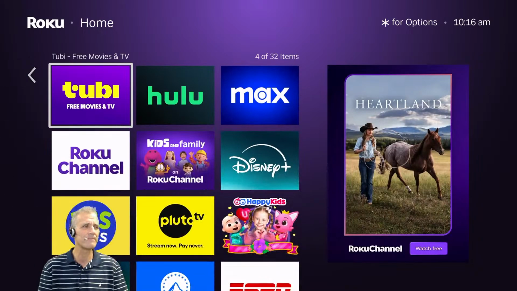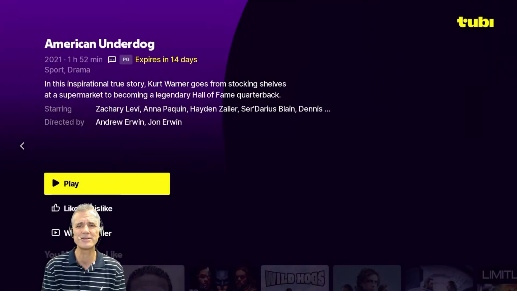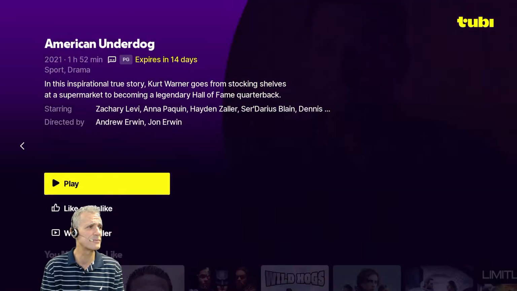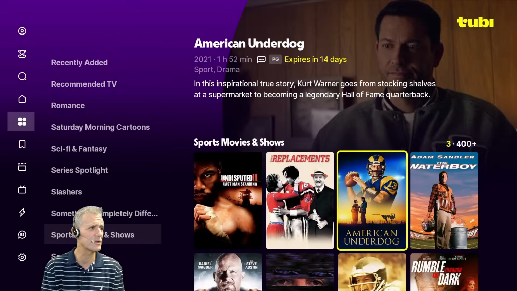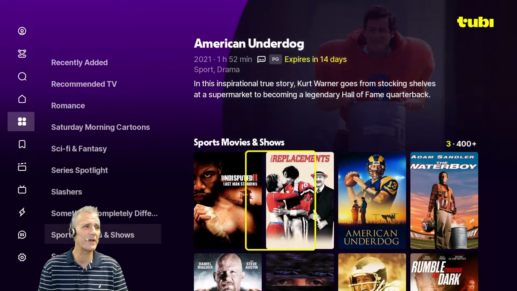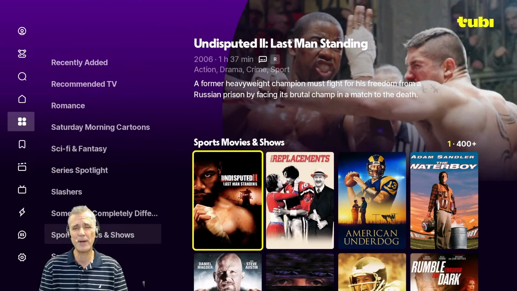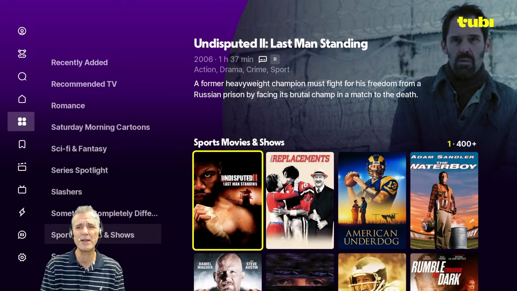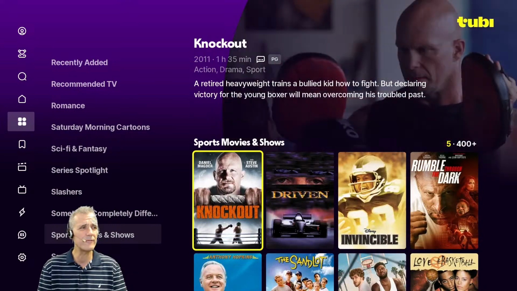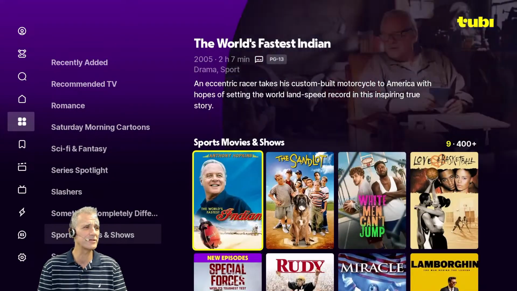Also, Tubi is another free channel that has a lot of content, and what they do have, if you watch sports, is sports movies and shows. By the way, Tubi was the streaming platform that did air the Super Bowl for free, and you'll see a lot of movies and a lot of television shows.